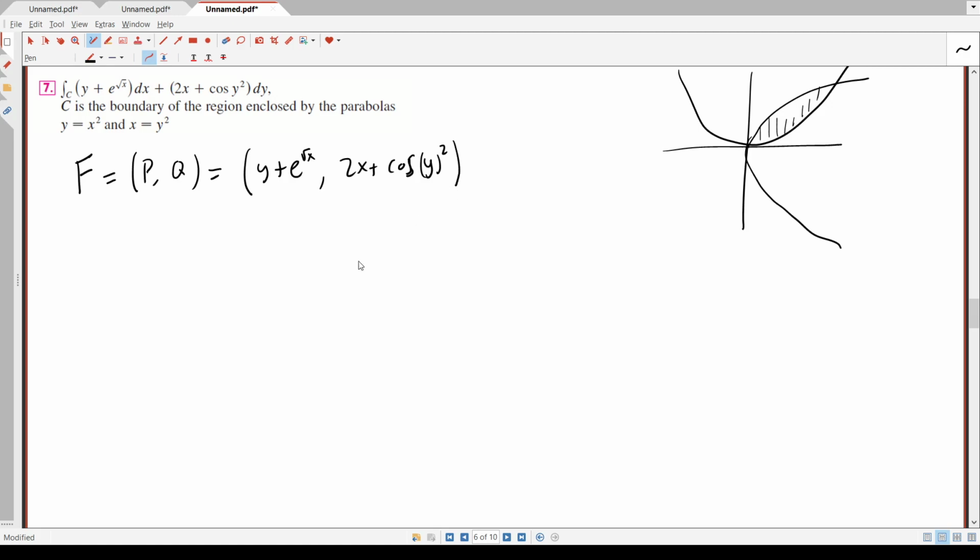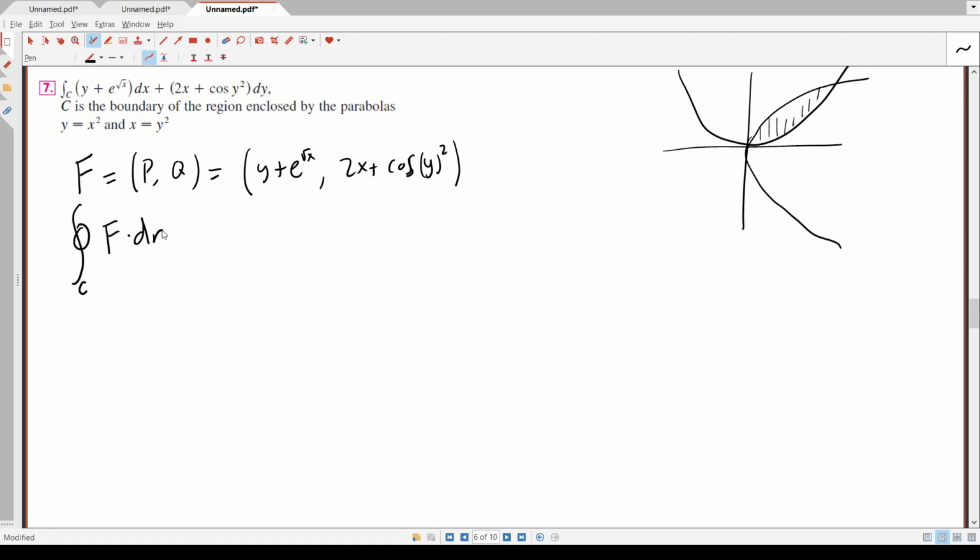If we were to actually just try to integrate this along the line, it would probably be pretty difficult. But we can do the transformation. C is the boundary of the region enclosed by the two parabolas. So this is the integral all the way around this region,